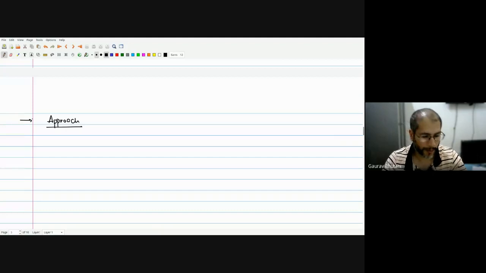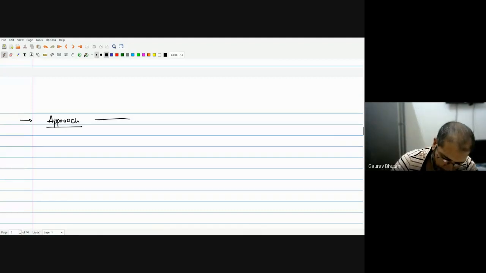Okay, so what sort of an approach will we have? Earlier we talked about that typically in fluid mechanics problems we have two kinds of methods. One is theory, and the other is experiments with dimensional analysis.